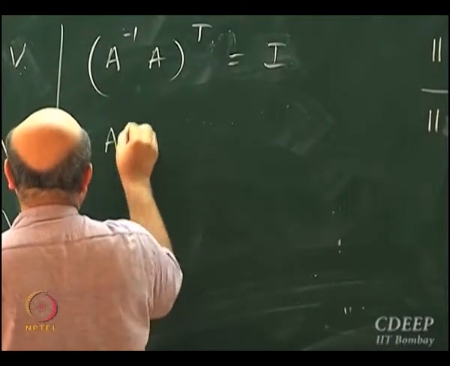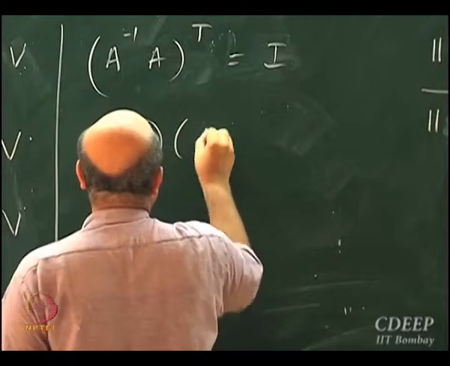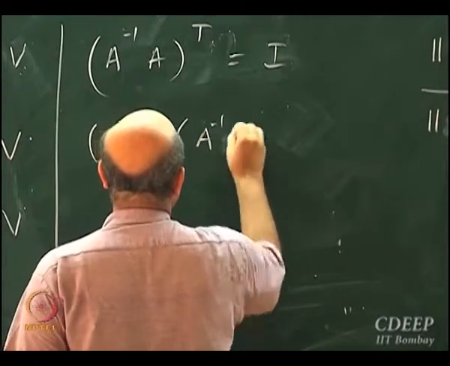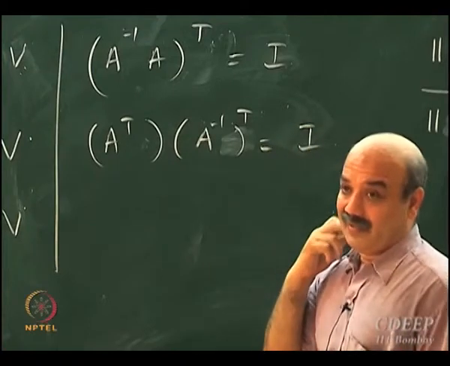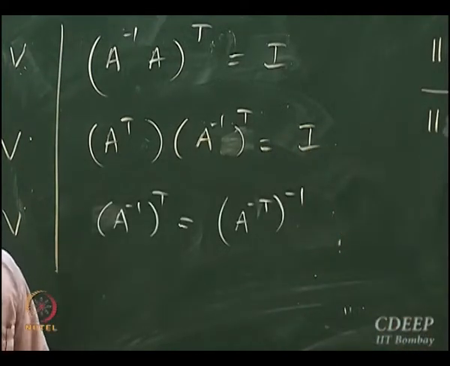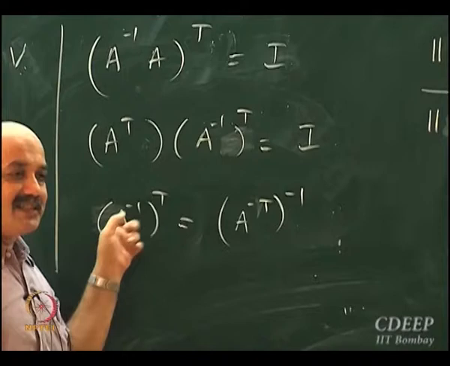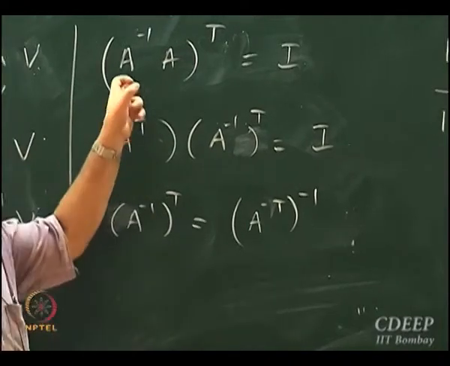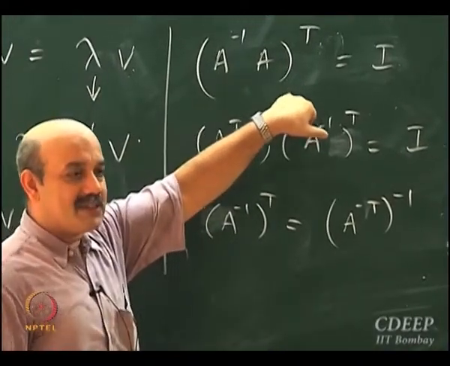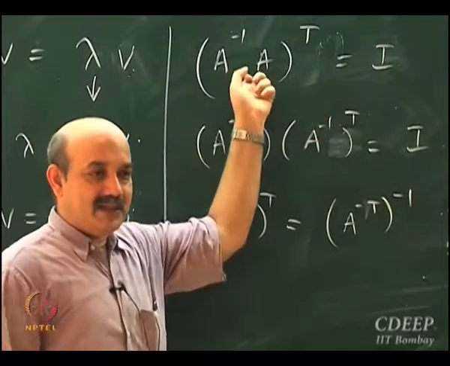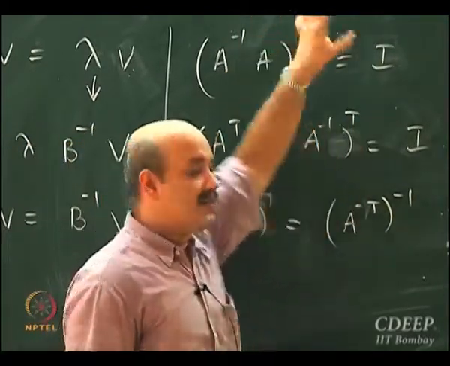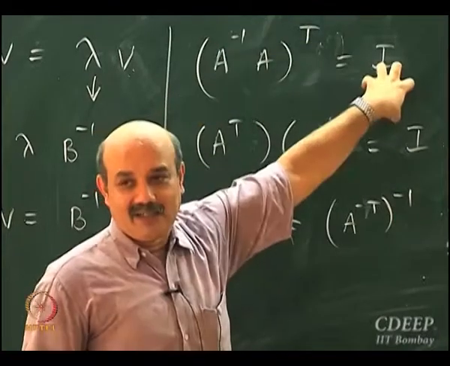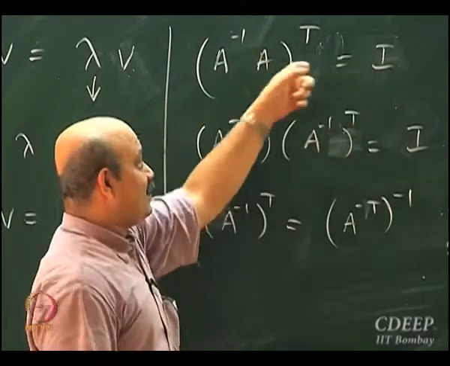Okay, so A transpose into A inverse transpose is equal to I. Is everyone with me on this? I can interchange inverse and transpose. See what I started with: A inverse into A is identity, transpose is equal to identity. This is identity equal to identity. That's what I am writing. Then I am expanding this because